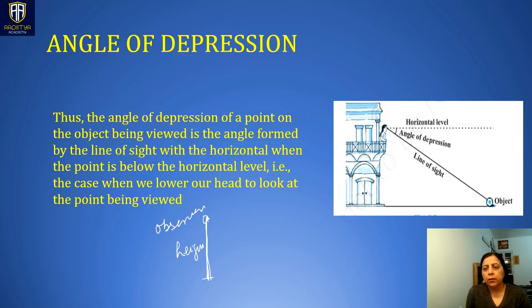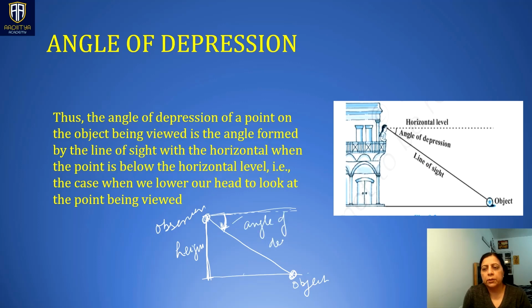And now he or she is looking at an object which is on the ground. The object is here, right? So the person standing at the height is looking at an object which is on the ground. Now the person has to drop his or her eyes. See, this is the line which is parallel to the horizontal. Now the person standing here has to look down through the horizontal line to see that object. The observer has to lower down his eyes to look at the object which is lying on the ground. That means the eyes of the observer are making this angle with the line which is parallel to the horizontal. So this angle is called